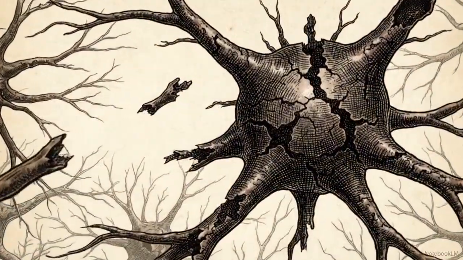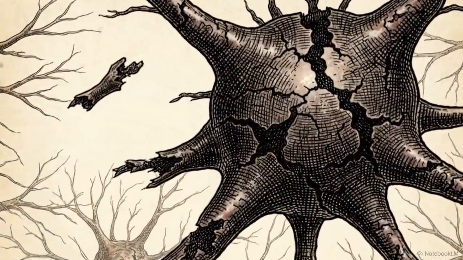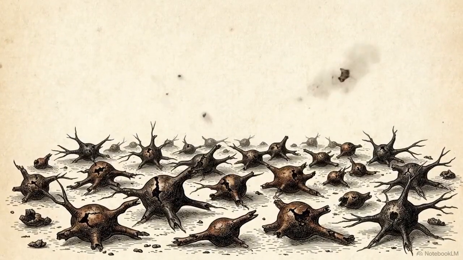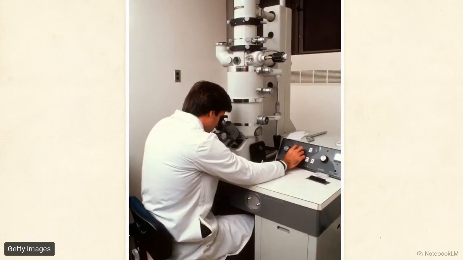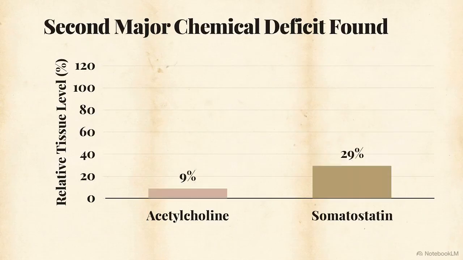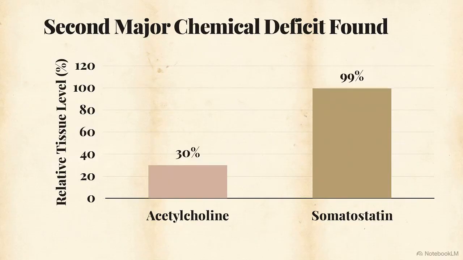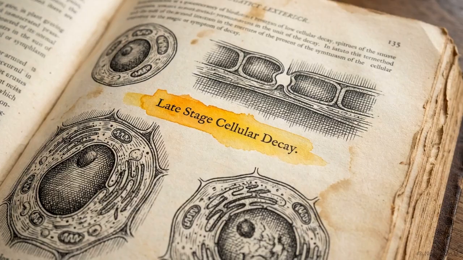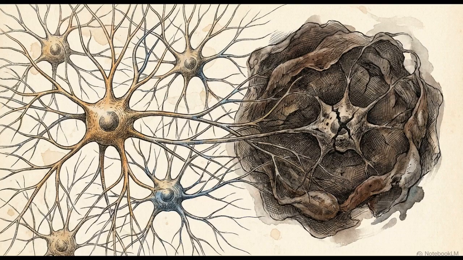When Alzheimer's disease moves through the architecture of the brain, it dismantles the living tissue in a systematic, regional order. In 1980, scientists identified a massive drop in a specific peptide called somatostatin. It was the first major chemical deficit found in the Alzheimer's cortex that didn't involve acetylcholine. For the next 4 decades, the field treated this loss as a secondary consequence of the illness. The assumption was that the cells producing somatostatin were simply dying alongside everything else in the late stages of tissue